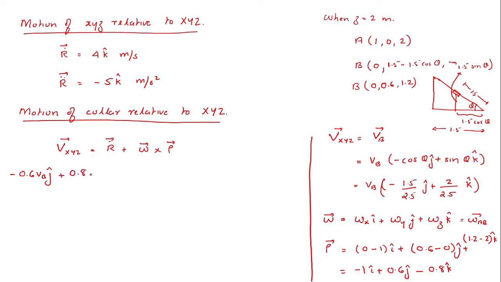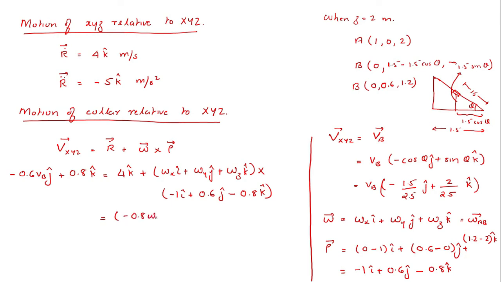So 0.8 into k cap is equal to r dot vector, that is 4 k cap plus omega vector, that is omega x into i cap plus omega y into j cap plus omega z into k cap, cross rho vector, that is minus 1 into i cap plus 0.6 into j cap minus 0.8 into k cap. If you take the cross product of these two vectors, finally you would get the answer as